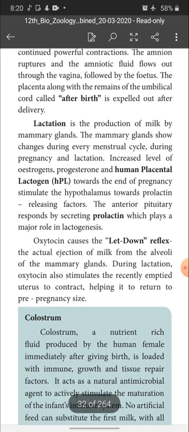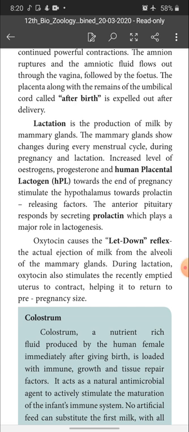Next, oxytocin causes the let down reflex. The actual ejection of milk from the alveoli of the mammary gland is called what? The let down reflex, caused by oxytocin. See, we have already spoken about oxytocin. Oxytocin is released by the posterior pituitary, the neurohypophysis, and it helps in